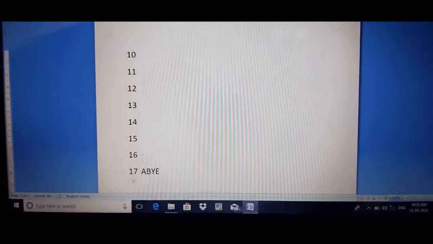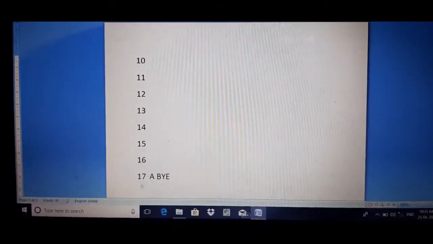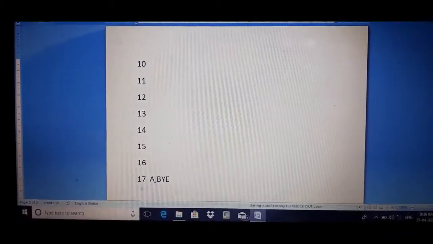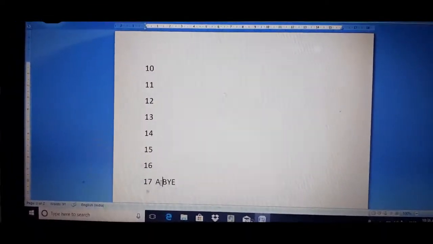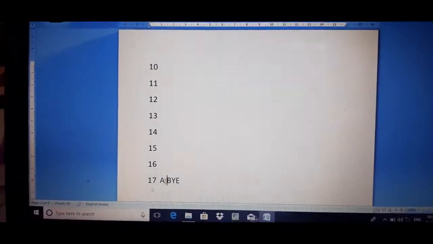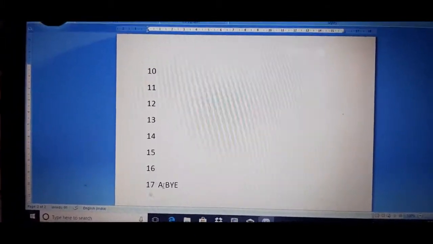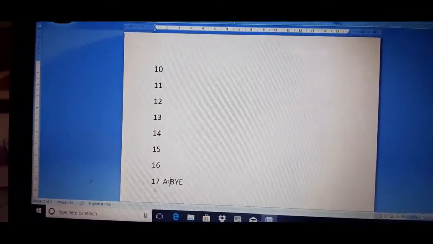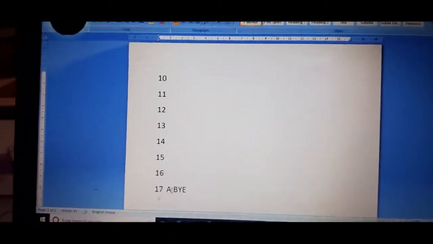Understood? It is very simple. The first bye is always given to the last number of the lower half. From 10 to 17 we have the lower half, so the first bye will be given to the last number. Don't miss the sequence. You have to remember only 4 sequences, then the rest is all very easy. That is why I have taken the number 17 for you, because this has the maximum number of byes.